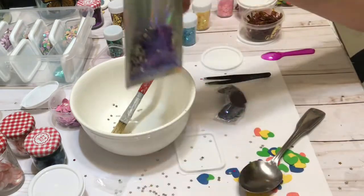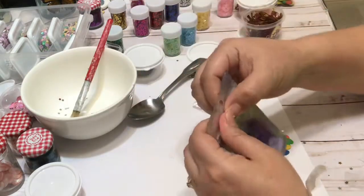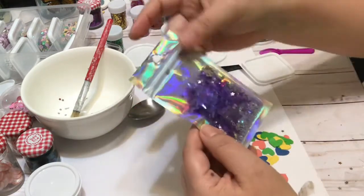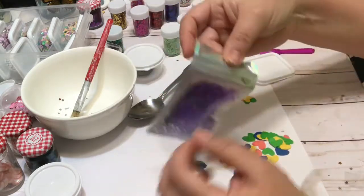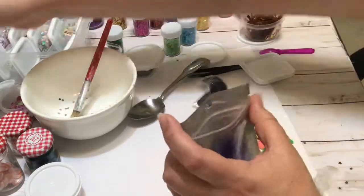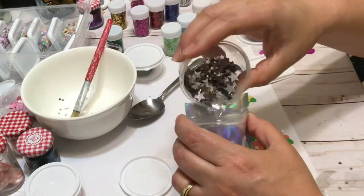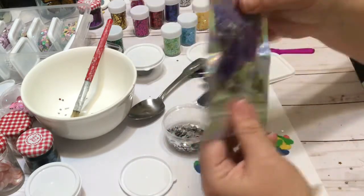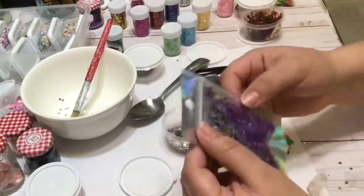Okay, so then I realized that I did not put enough, and so I'm probably going to put this back into this mixing bowl because I definitely feel like it needs something more, but I just really don't know what. I'm thinking I'm going to add a little bit more silver, and I try to add it directly to the bag, but I do end up spilling some everywhere,